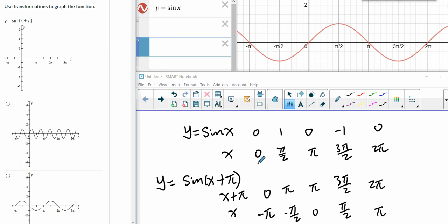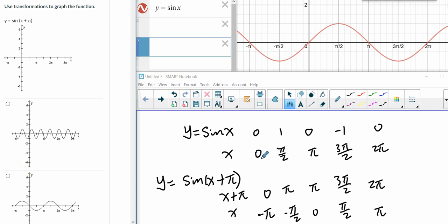So basically that's the case. 0, 0, and it reaches the highest point first, not the lowest, which is 1 at pi over 2, and then goes back to 0 at pi. And then for sine x plus pi, which is the one we want to graph,